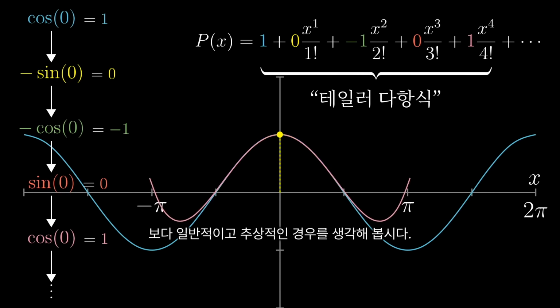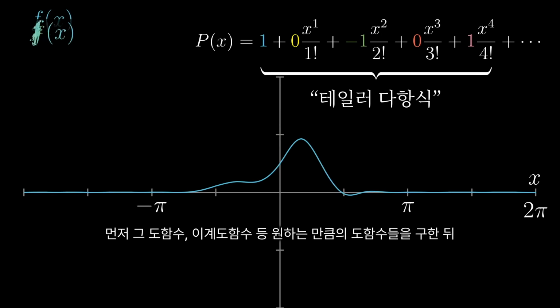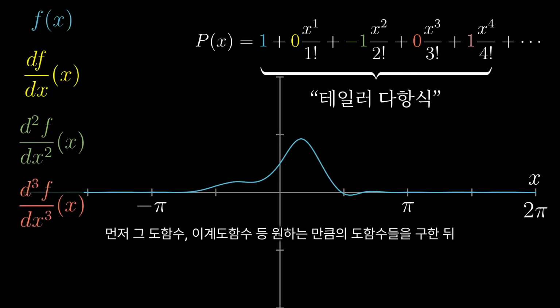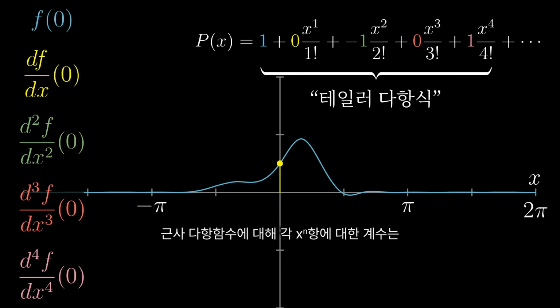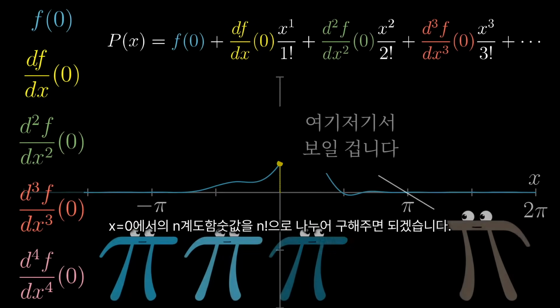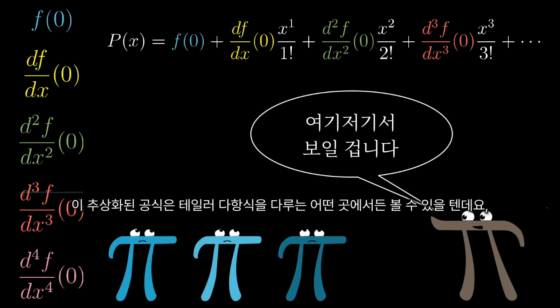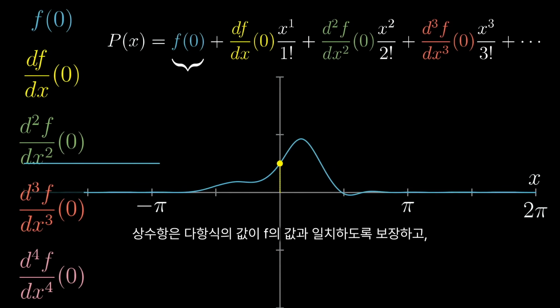More generally, and hence more abstractly, if we were dealing with some other function other than cosine, you would compute its derivative, its second derivative, and so on, getting as many terms as you'd like, and you would evaluate each one of them at x equals 0. Then, for the polynomial approximation, the coefficient of each x to the n term should be the value of the nth derivative of the function, evaluated at 0, but divided by n factorial. And this whole rather abstract formula is something that you'll likely see in any text or any course that touches on Taylor polynomials. And when you see it, I want you to think to yourself that that constant term ensures